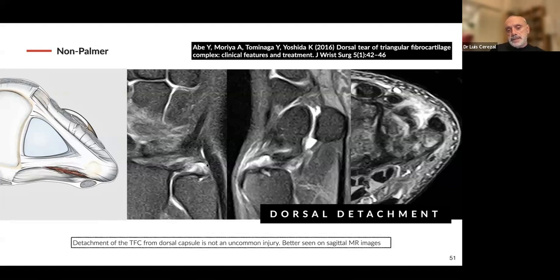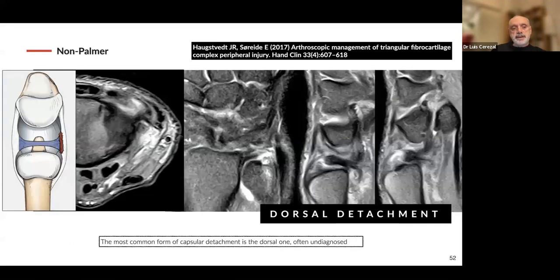It's very easy to see the focal synovitis adjacent to the extensor carpi ulnaris tendon, but the most useful plane is the sagittal, showing, like in this central image, the dorsal detachment of the TFC. And remember that on MRI, focal synovitis and focal edema are usually secondary signs pinpointing the origin of the pain and the problem. Like in this case, this is another example of dorsal detachment of the TFC, very well described in